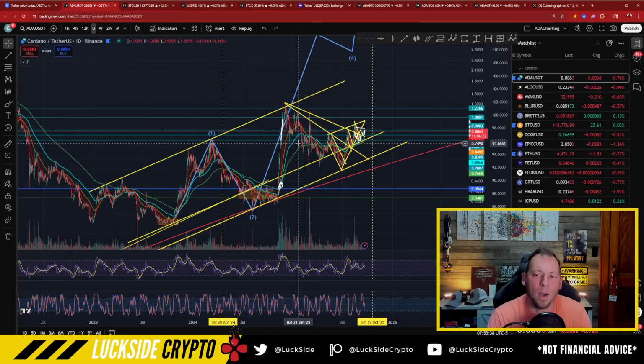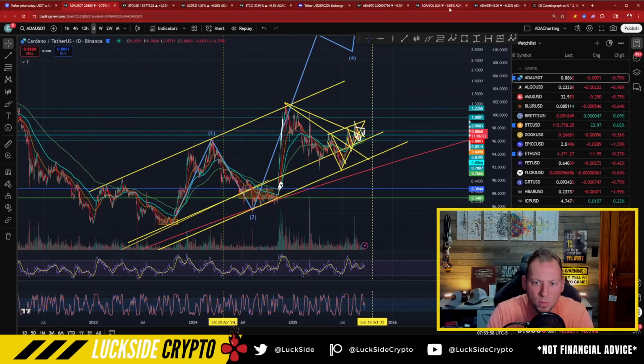So the way I found this was I was doing research for this SHIB video, and I was looking at structure, and the structure for SHIB was actually very similar to what we were seeing in late 2023. And that started making me think, are we going to see something similar? How does this relate to other assets? And what I found was very interesting, and I need to show this to you guys.